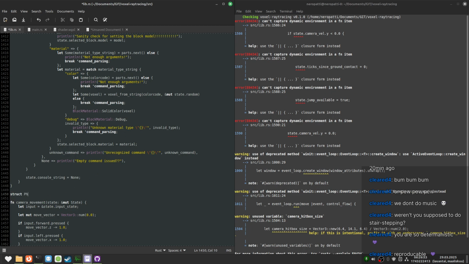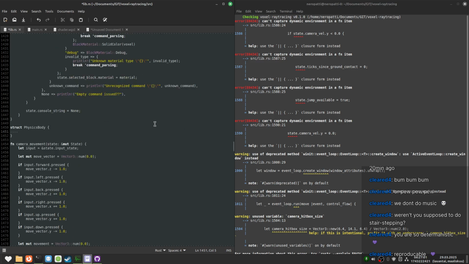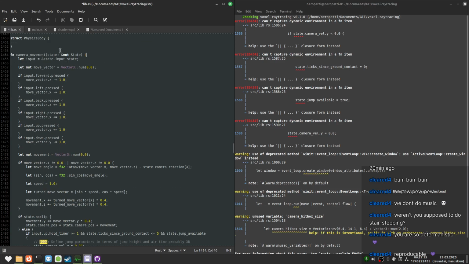Struct. Struct physics body. Very boring, but that's what it is. I kind of want to make the function for movement a thing that the physics body does, so I'm gonna move this function.